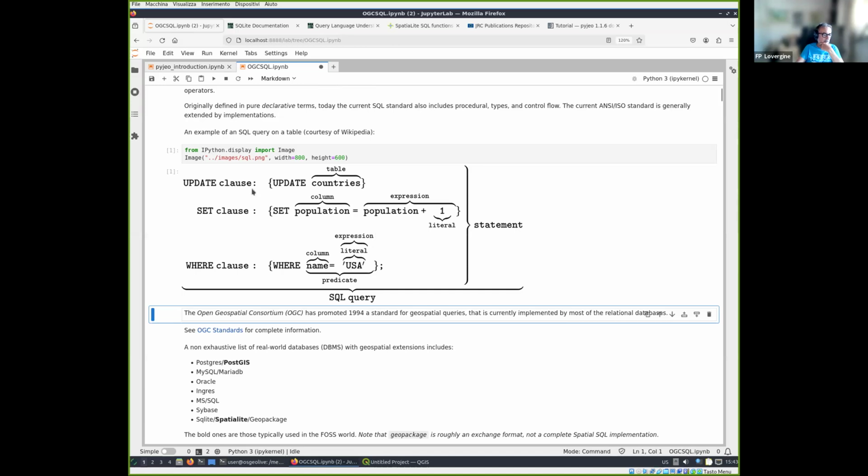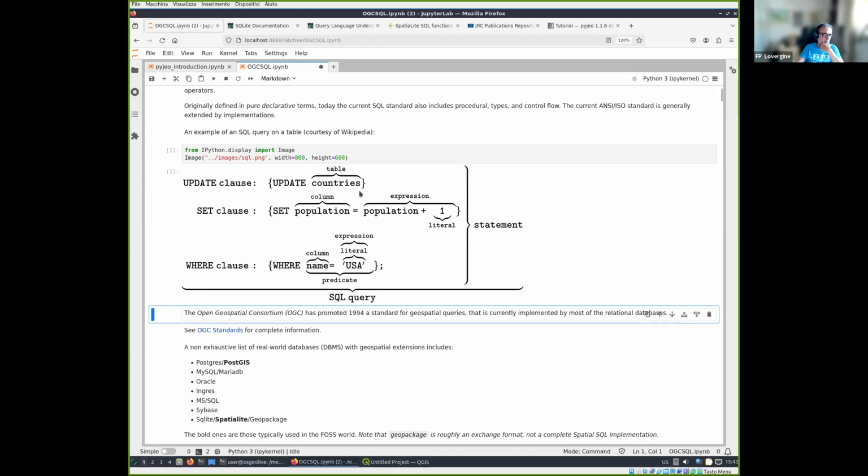You express something in a very simple and expressive way by using an update clause. So you are, in this case, saying that you need to update the table countries by setting one of its columns called population to a new expression that is the current value of the population column plus 1,